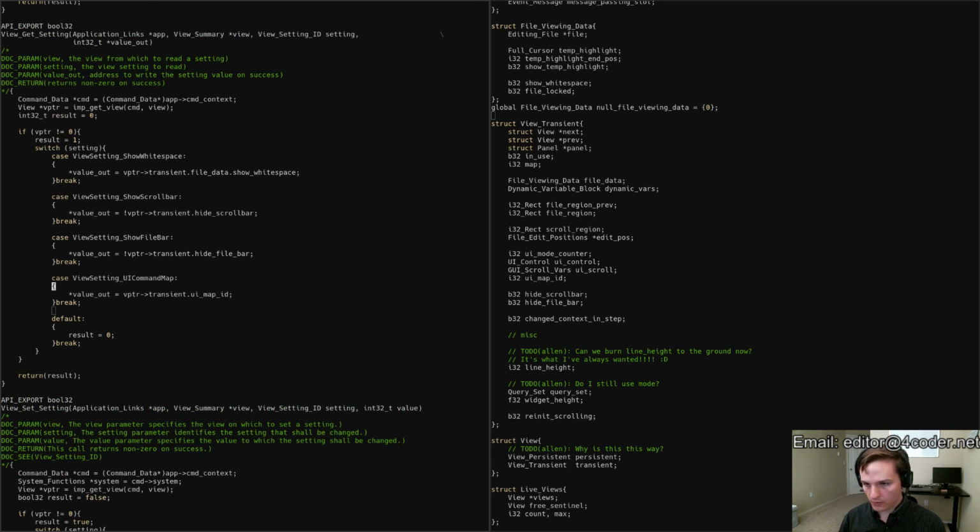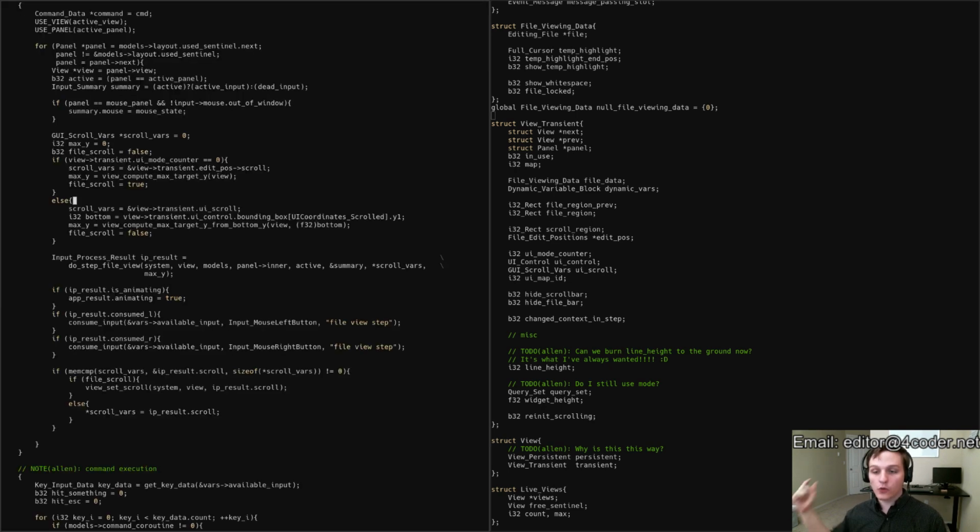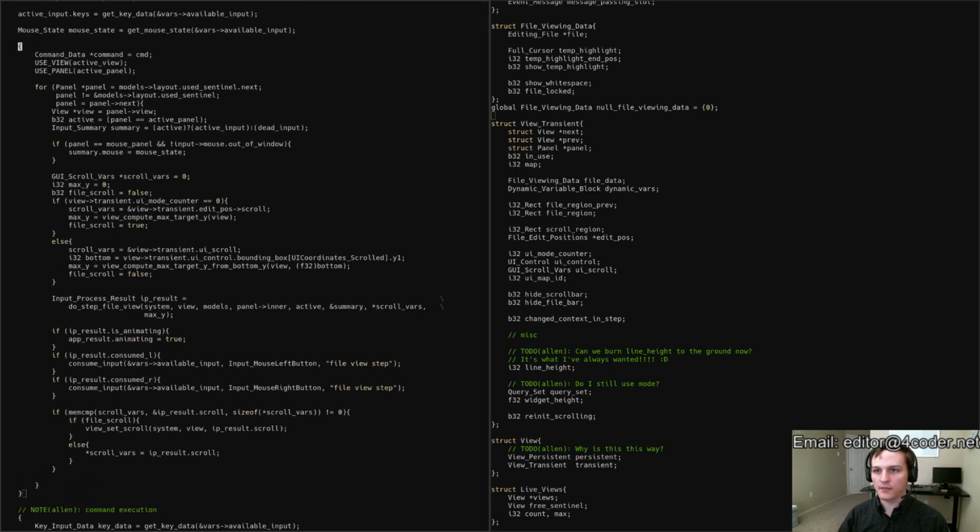Okay, so with the command map stuff set up, now what we need to do is, when we're querying for a command map to send commands to,